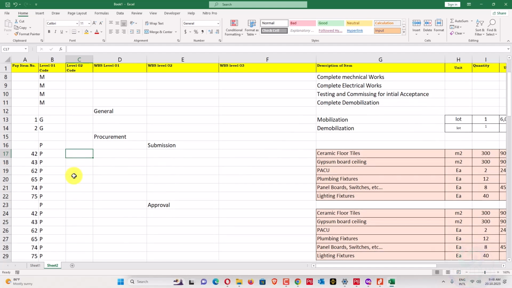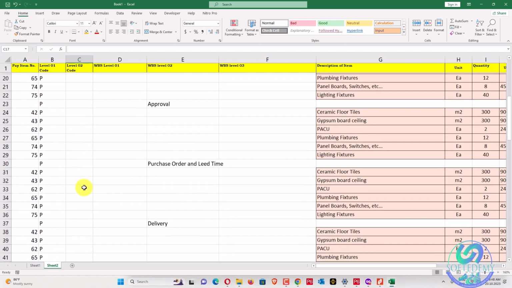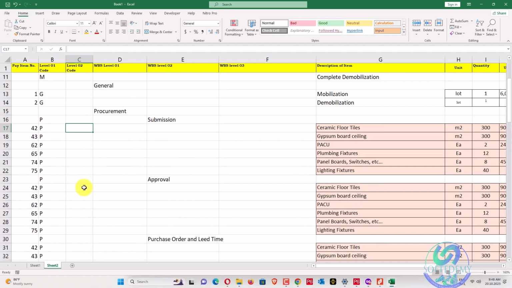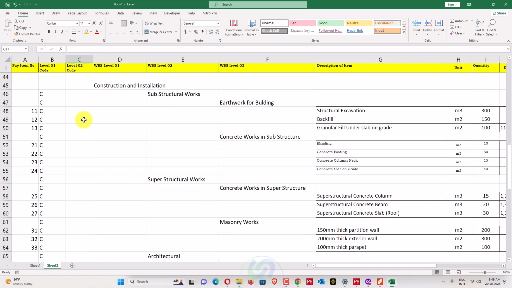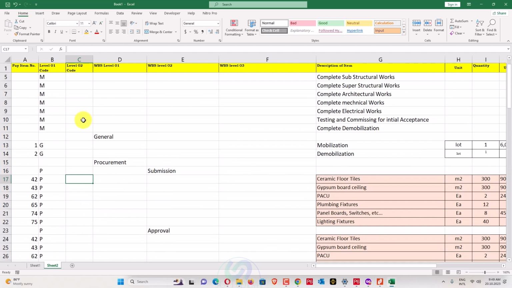You can add this one here. It's your choice. You can write SA also here, but you can leave it also because it will be unique at this stage. If you write P042, P043, it will also be unique. But if you want it for submission also, it's your choice.